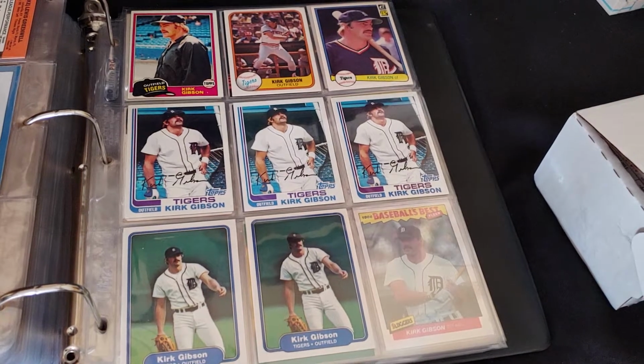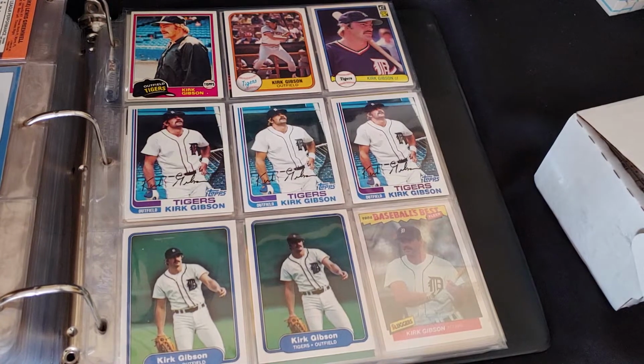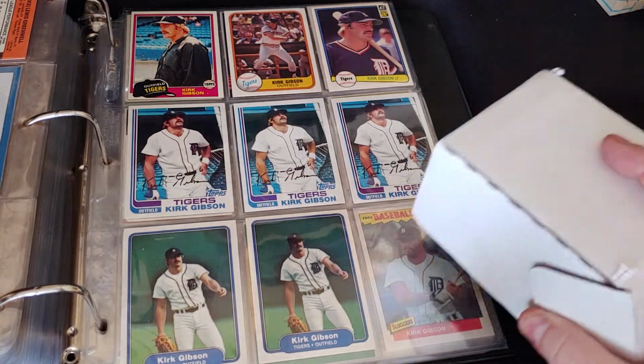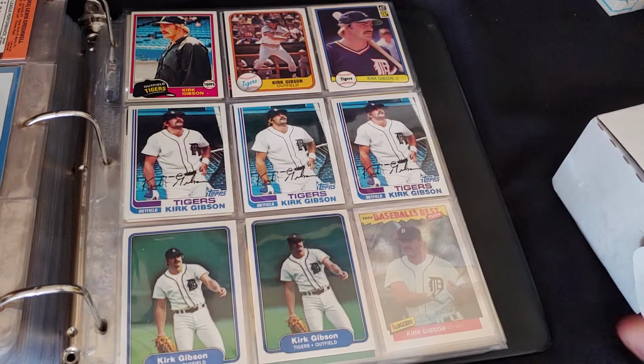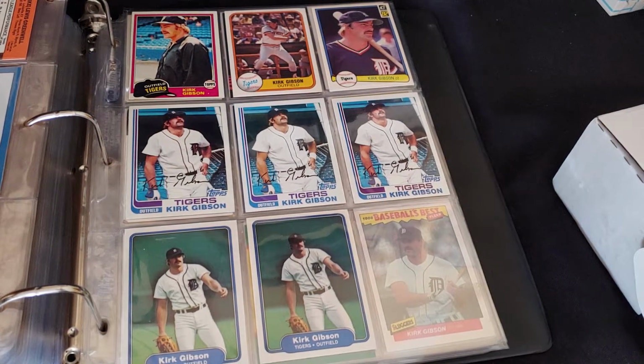Hi there. Today I'm going to take a quick look at some Kirk Gibson baseball cards, and I just received an order of more Kirk Gibson baseball cards I just ordered, so we're going to take a quick look at those as well. But for me, Kirk Gibson, as far as collecting his baseball cards, has a special place in my heart